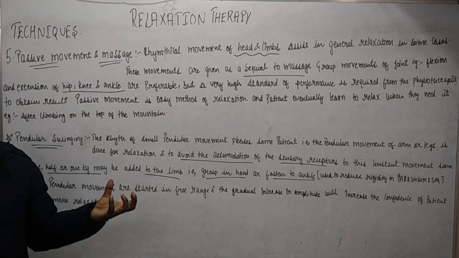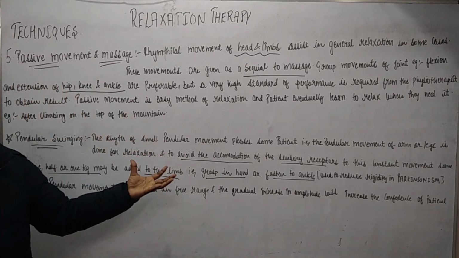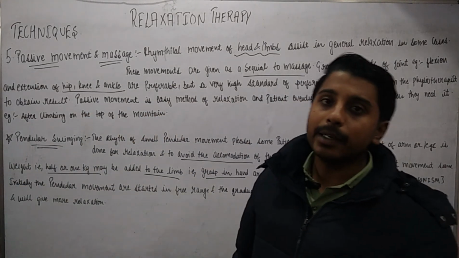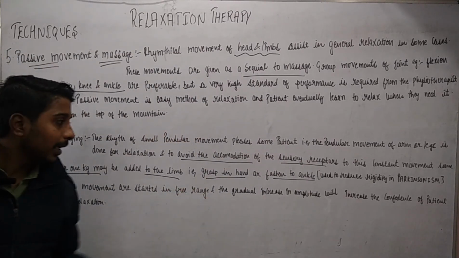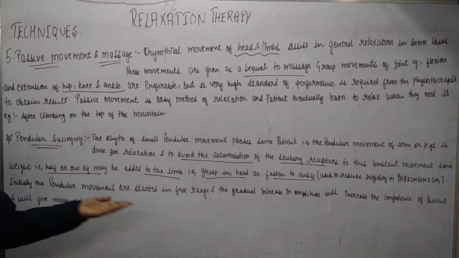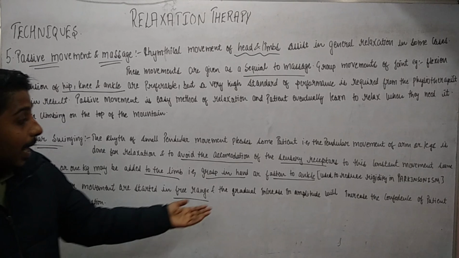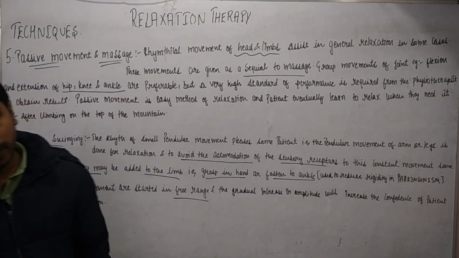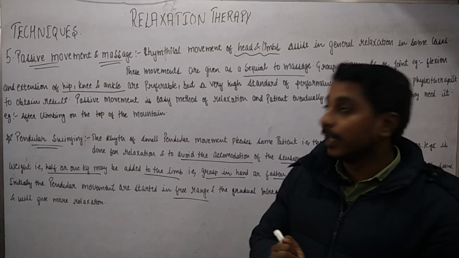Okay, so the patients of Parkinsonism, that is Parkinson disease, if given the pendular movement by holding a dumbbell in hand, and for legs by adding some weight in the ankle by tying it there, okay, so rigidity is reduced. And initially the pendular movements are started in the free range, okay, that is the small range, and then gradually increasing in the amplitude will increase the confidence of patient, and further it will promote more relaxation.